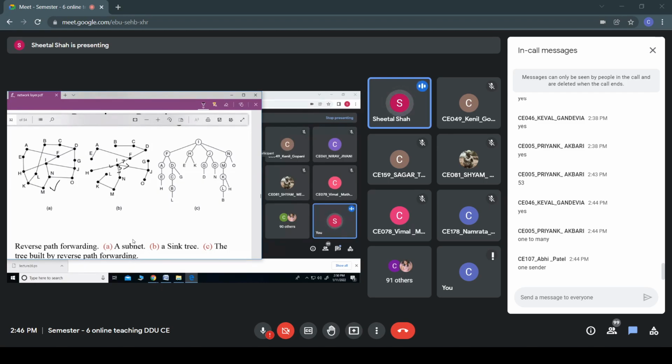So when the packet reaches F, it will find whether it is a part of that spanning tree, and all these hosts should have the complete picture of the spanning tree of this host I, or router I. So when that packet reaches F, it finds whether the links A as well as D are a part of the spanning tree.